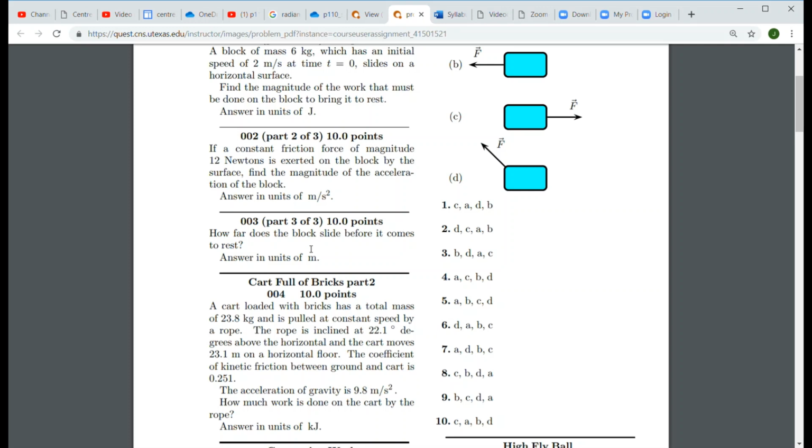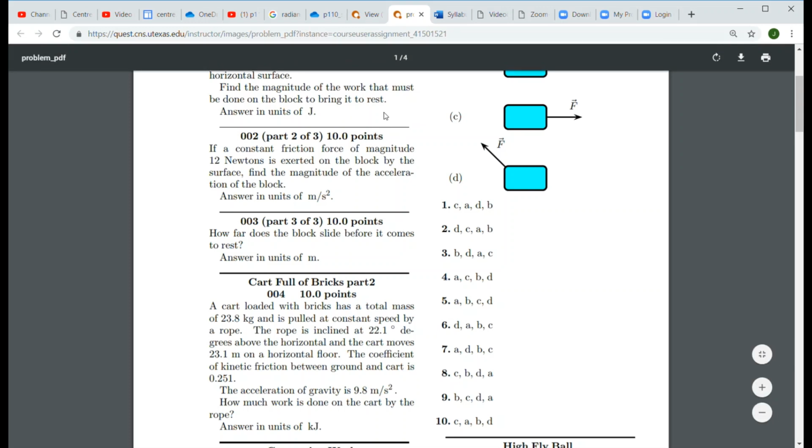How far does the block slide before it comes to rest? We could do this problem using kinematics, but I don't want to do that because we're in the section on energy. So of course we could use the acceleration and then use constant acceleration kinematics, but instead let's use the work kinetic energy theorem. We already calculated the net work that has to be done on it up here in part 1. So in part 3 we can do